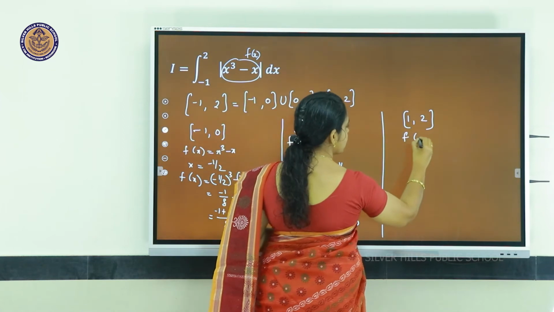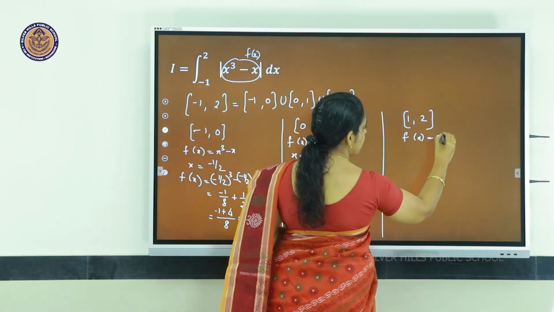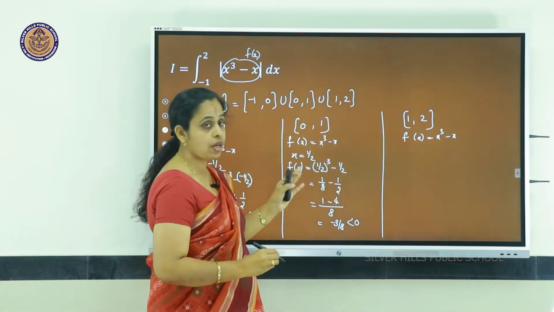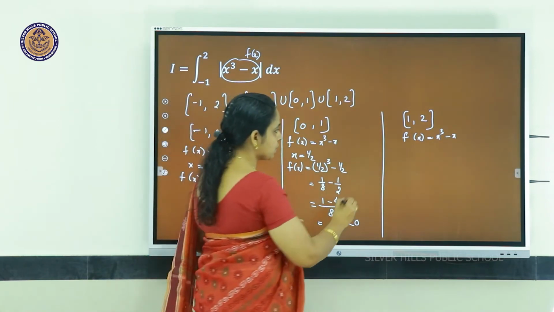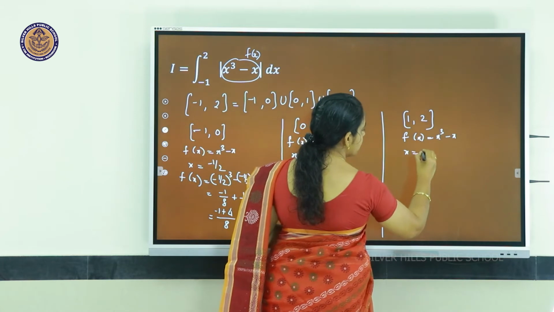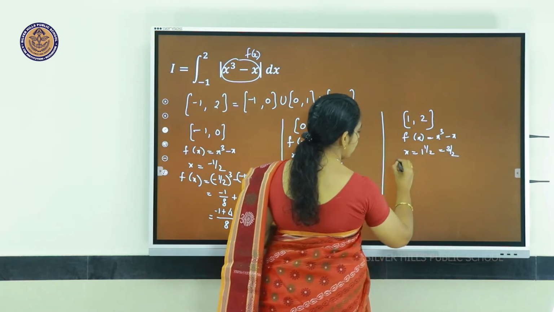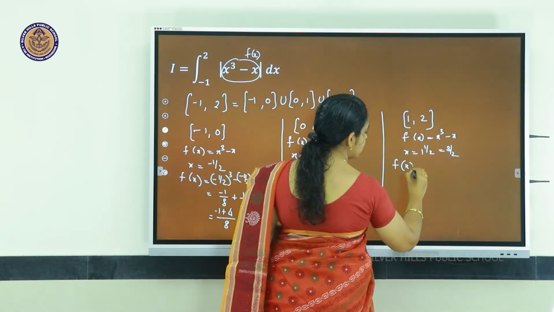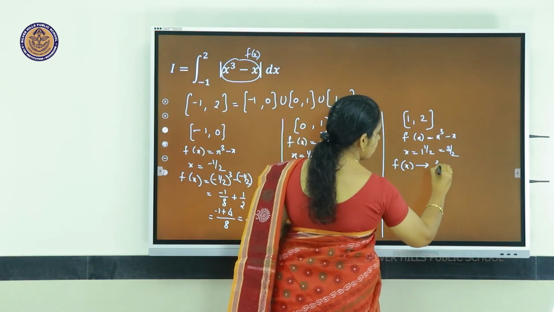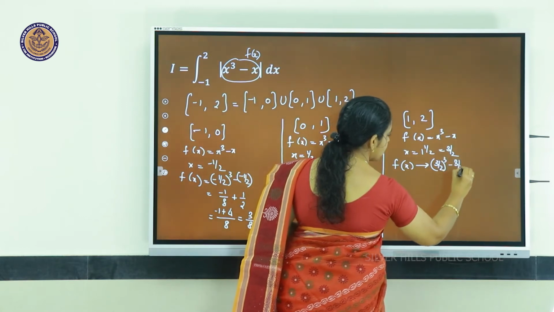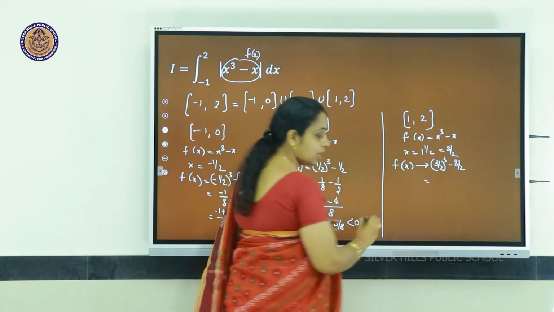f of x is the same as x cube minus x. Let us take a value in between, x equal to 1 and a half, that means it is 3 by 2. So, f of x will be changing to (3 by 2) whole cube minus 3 by 2, which will be